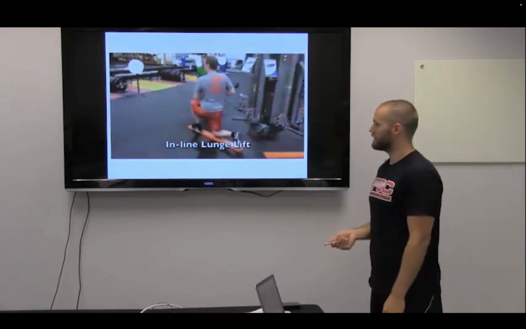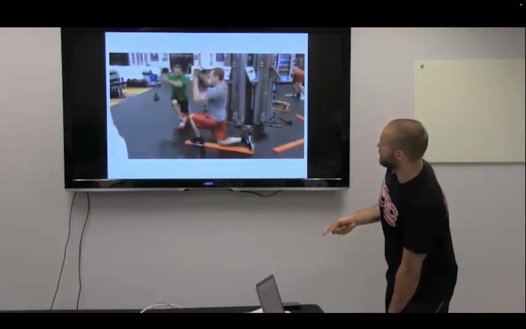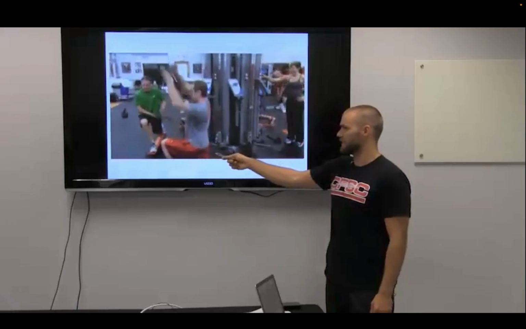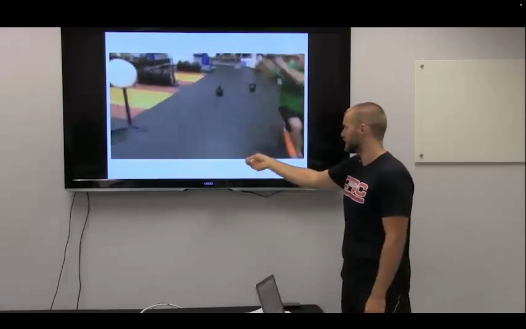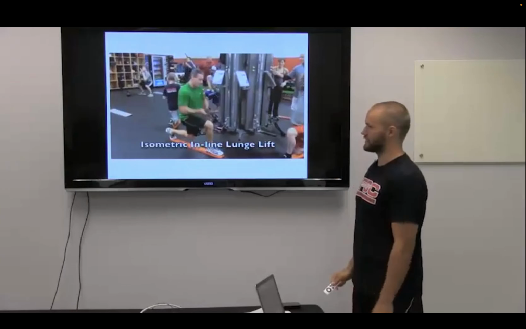We had tall kneeling lift, and then we go to inline lunge lift. So this is a pretty good example. This is my morning group. Chris has hip pain if he gets into the lunge position, so I have him just keep his knee down. And then my client Brad is perfectly fine with doing the isometric version.